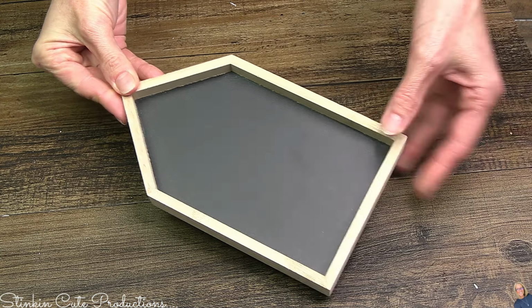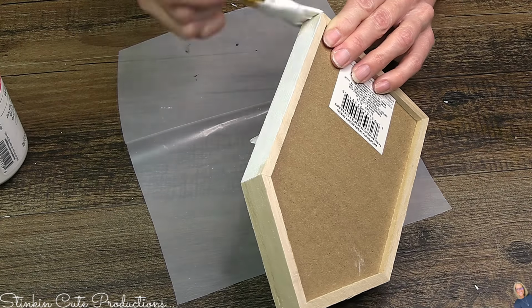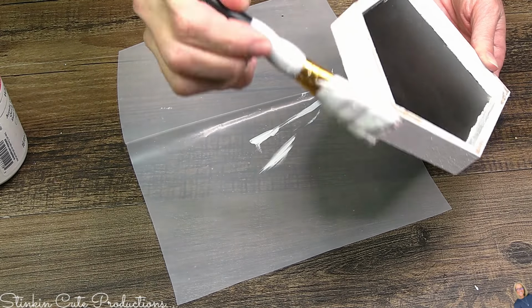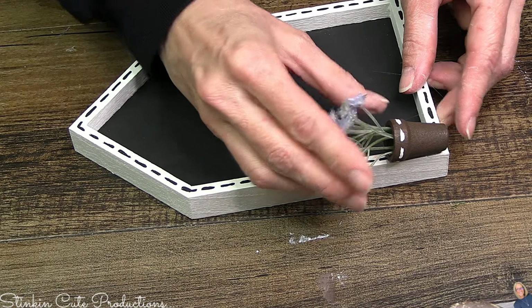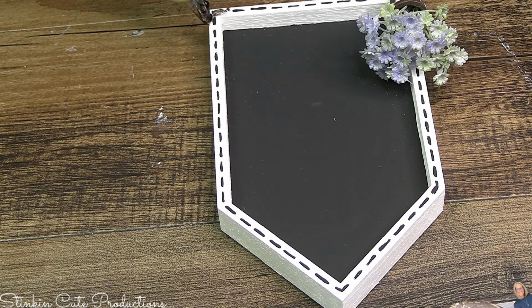This Chalkboard House couldn't be any more perfect for this farmhouse tiered tray. Chalkboard House, why not? Since we're going with the black and white theme and it has the black chalkboard, I'm just gonna paint the frame white. Because I had a couple more of those cute little pots from the box, I thought it'd be cute to hot glue one to the side there, add some of the flowers,